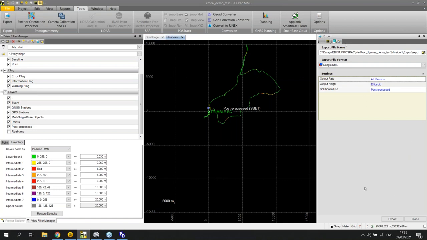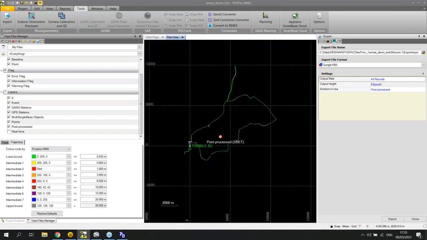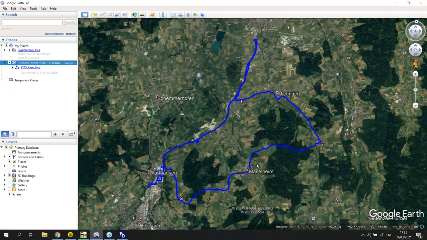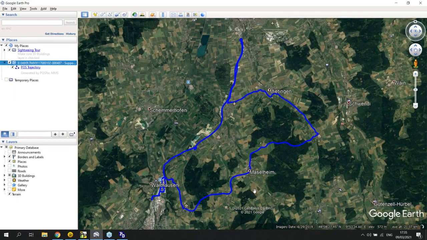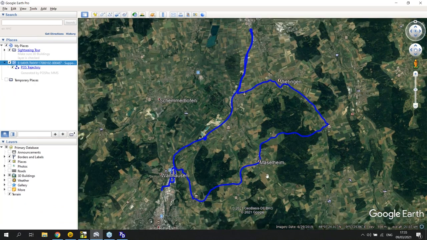I will not export this now. I have done that already, so I will just show you how this data looks in Google Earth. So keep in mind the shape of this trajectory here. It's the same trajectory here in Google Earth. So what I would use this for is, of course, I could just keep track of where I traveled, or